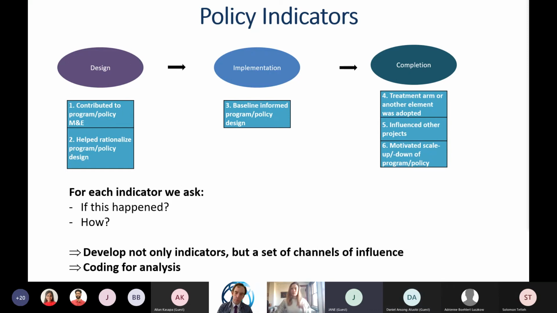So now we can look at this final piece, completion, and say your recommendations were adopted, but importantly, they were adopted in a way that they influenced other projects. So now what you have is computerization that's going to improve many parts of the system, and it'll allow for this scale up of other activities that were supposed to be taking place but weren't there.